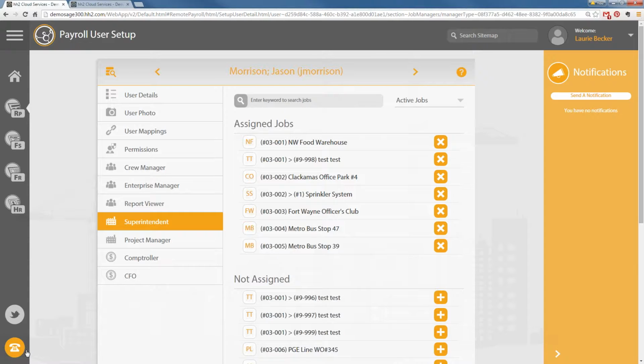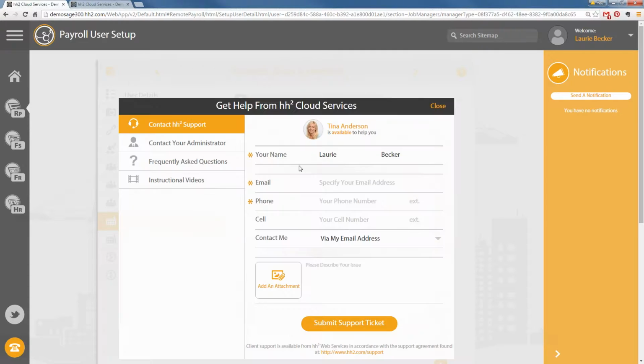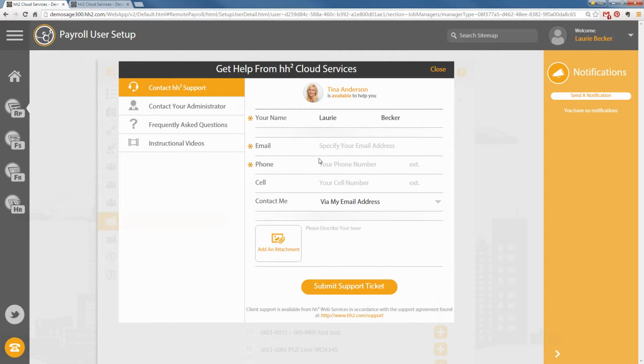If you come in here and click on this icon, it's going to pull up your information, with your email and your phone number. You can attach screenshots in here. If you need for us to call you, you can also request that here. We're going to get back to you as soon as we can. Tina, like I said, does a fantastic job of reaching out to all of you. If she doesn't reach out to you immediately, it's because she's helping someone else on a phone call